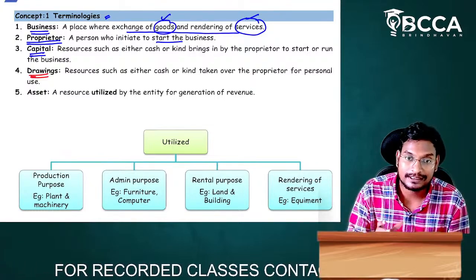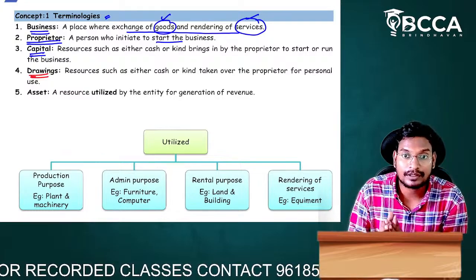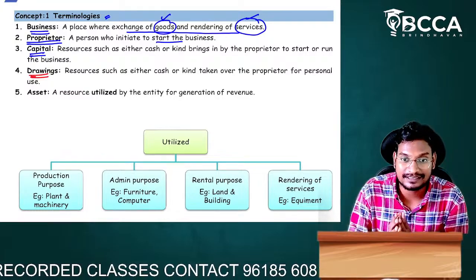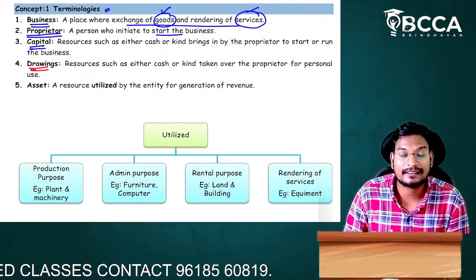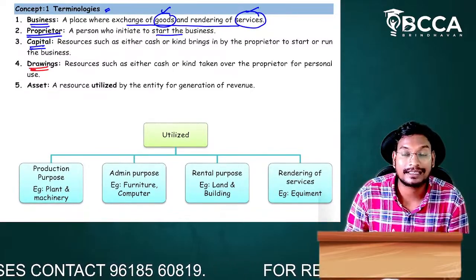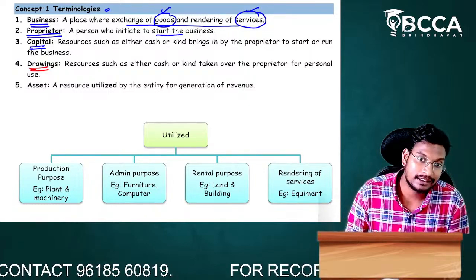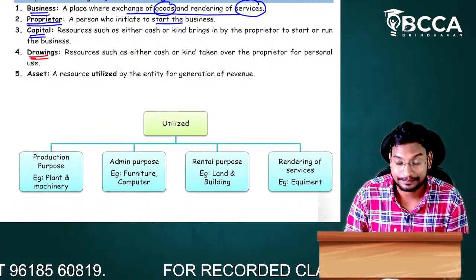The owner is a different person, the capital is a different person, and the business is a different person, because of the entity concept given by the generally accepted accounting principles. So we have to pay the owner, so capital is called a liability. Next, then, drawings. Drawings means what?